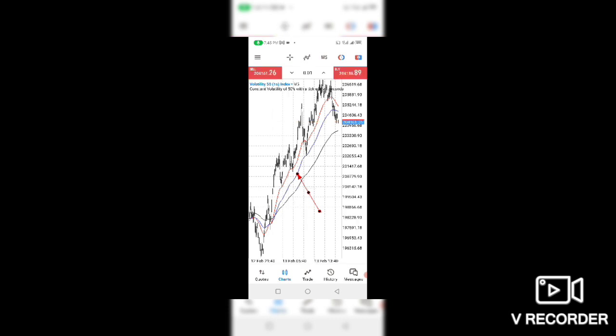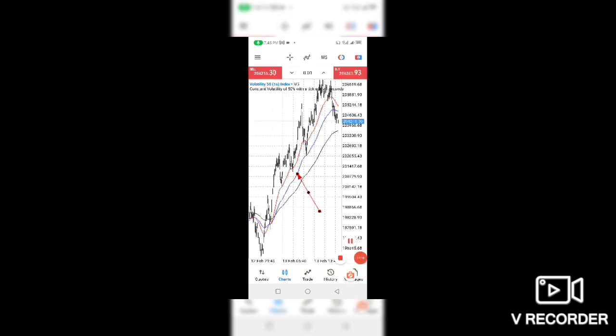But if in any case the signal was very strong in the higher time frame and you are not able to enter this market when the crossing happens, just use the black moving average as a guide. You can just place your stop loss outside it. It will protect, because price always respects this.